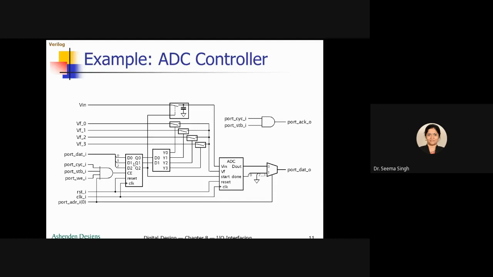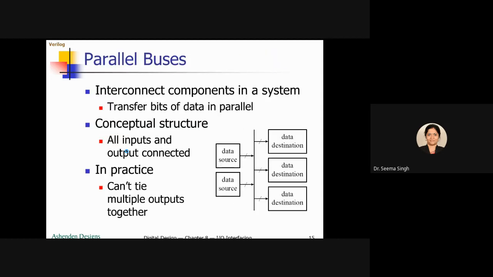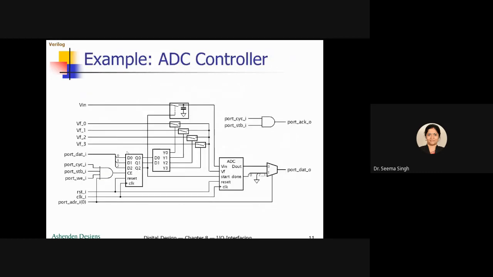So in this controller, what all you saw, that it is taking care of your reference voltage from Q0, Q1. Q2 is taking care of starting ADC as well as controlling the sample and hold circuit. This chip enable is taking care of this, and port data I, again this is coming from the processor, and this is going into D0, D1, D2. The connection of this you will understand in the program. Now let us see the program. Okay, program is not here.